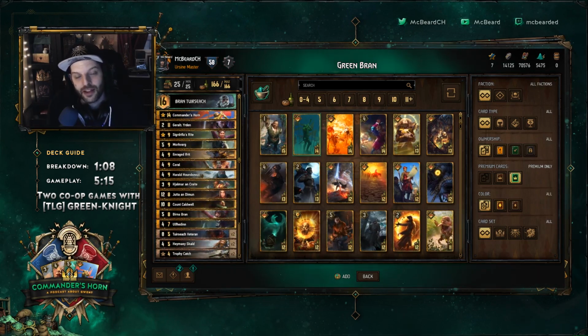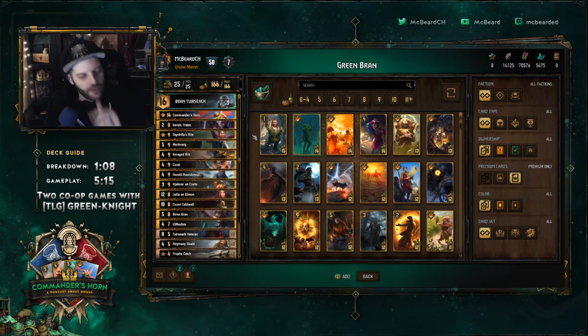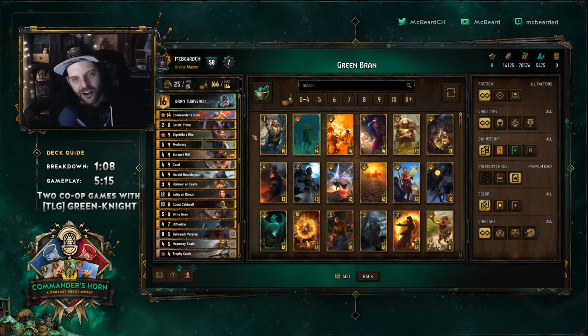There's a lot of ways to play the deck, a lot of ways to win, and a lot of paths to victory, but the end of it is always the same. You have no cards left in your deck and your opponent is begging for mercy. So here we are, Green Knight, discard Bran, and I want to talk about the most important cards first,